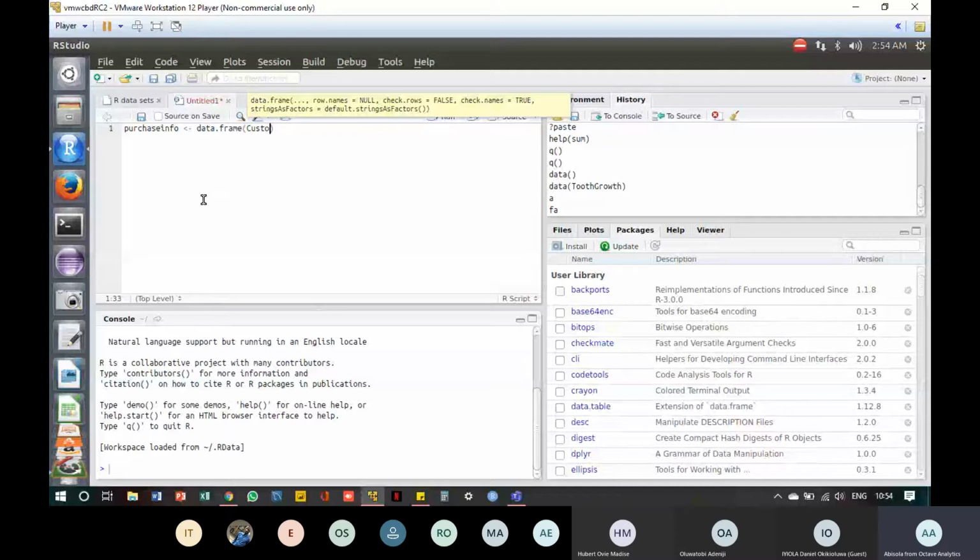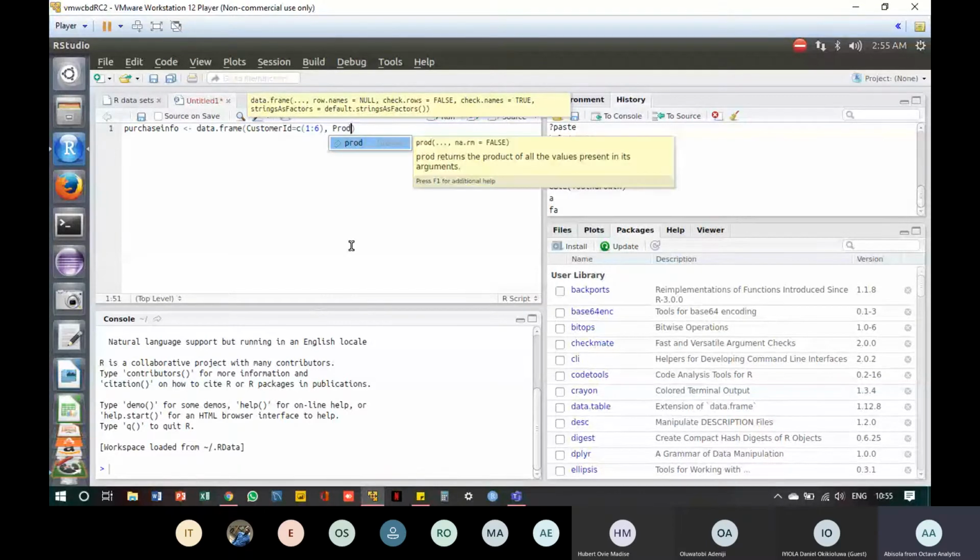So we have customer ID to be 1 to 6, and I've explained that we can create this is a vector. A vector is a one-dimensional object. So what we just did now, we created a vector c(1:6). So it reads 1, 2, 3, 4, 5, 6. And then we have products. This is a range of numbers. I explained that in the previous class, about 2 classes ago. And then the products too, we have